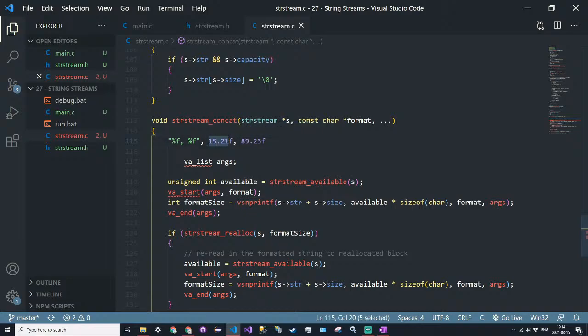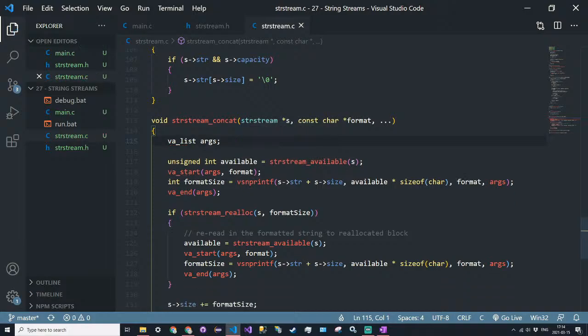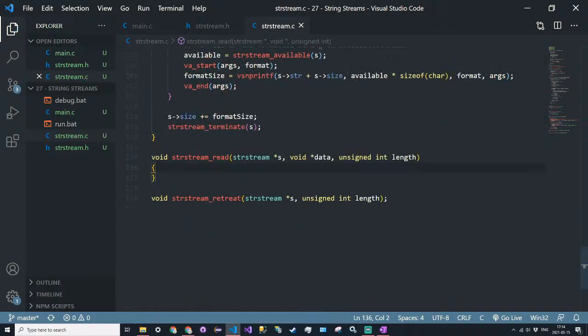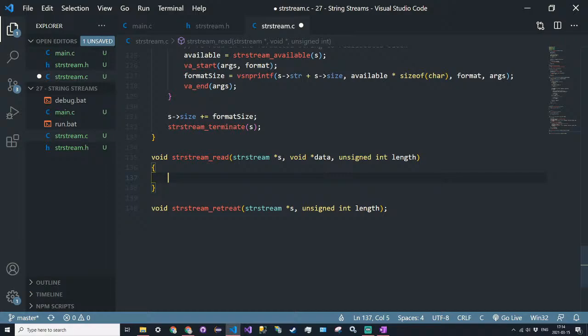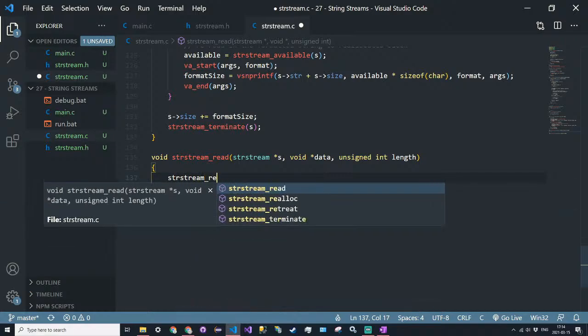Because we have 15.21, which is 5, 89.23, which is 5, and then we have the 2 in the middle, so that would take at least 12. So we don't know the length initially. So this function will be easier to implement. So we're going to call reallocate right off the bat. So string stream reallocate,